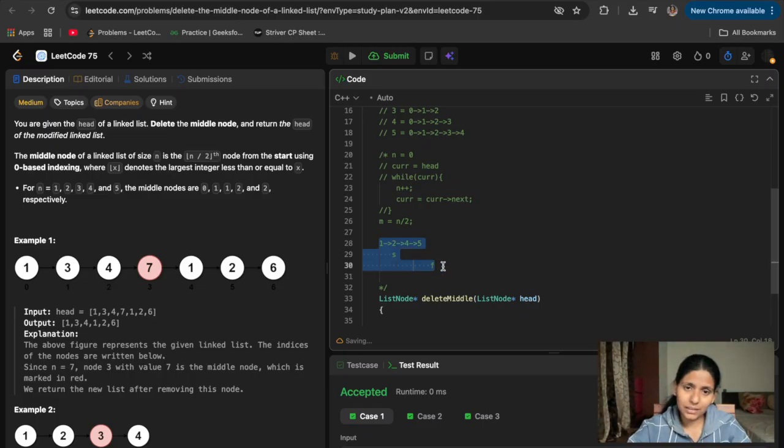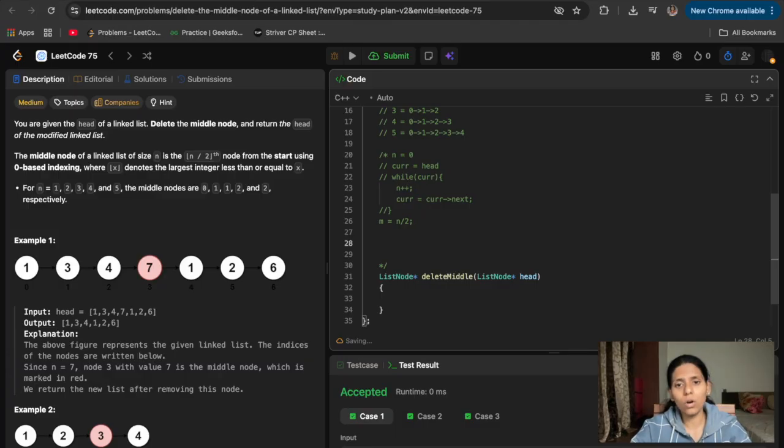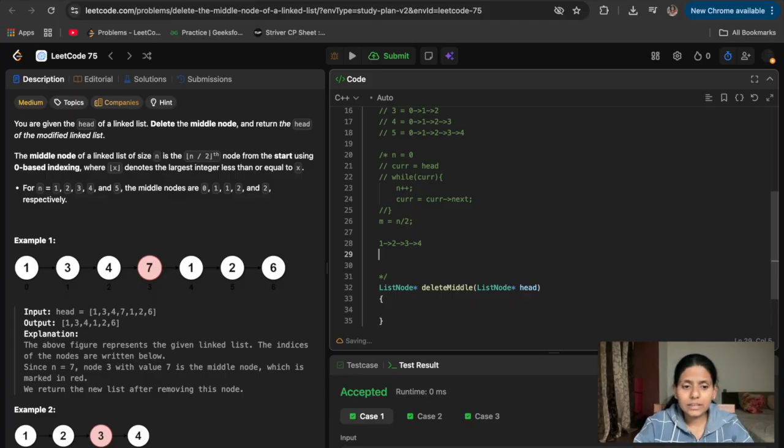So this is the case of odd length. Let's see the case of even length: 1 next 2, 2 next 3, 3 next 4. In this case, as I told you, take slow at head and take fast at one pointer ahead, the first step ahead basically. Fast will be head's next. And what is the fast next here? 3. In the next step we will go here